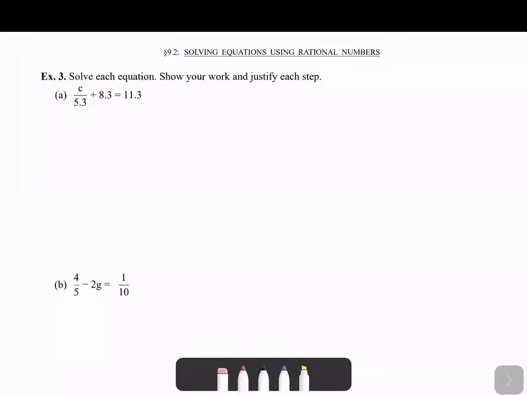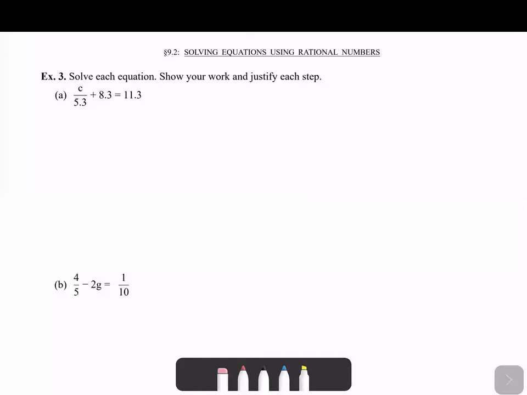Hi everyone, this is the third video for section 9.2, solving equations using rational numbers. In this video, we're just going to go through some examples of working equations. Again, these are all things you should know from college algebra, but we're going to go through it just in case. And the main part of doing this is because we're going to show every step and justify every